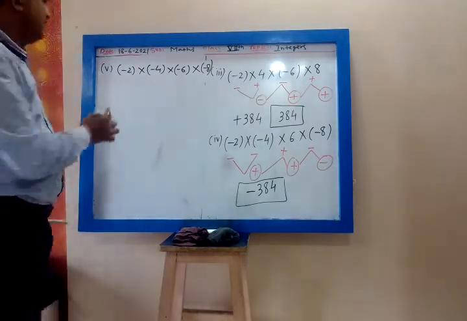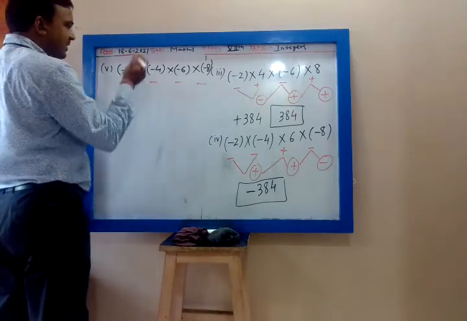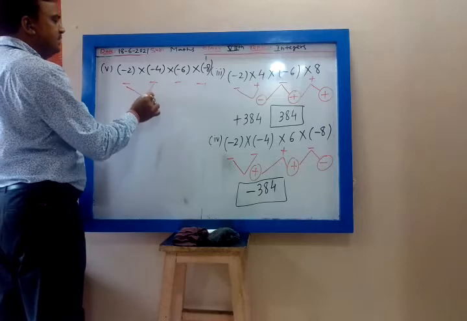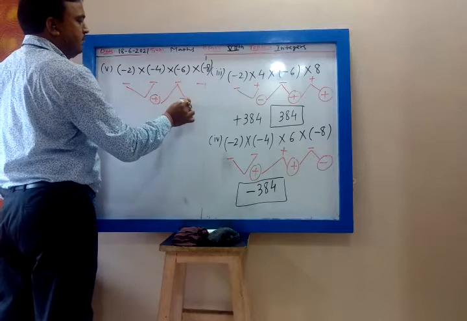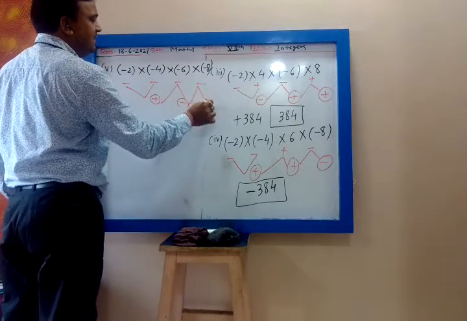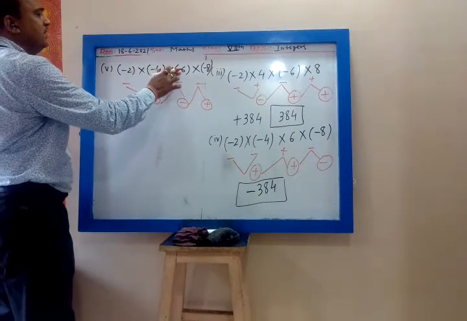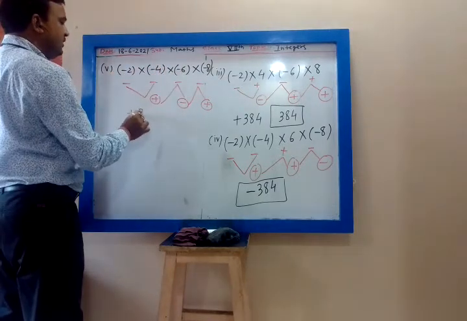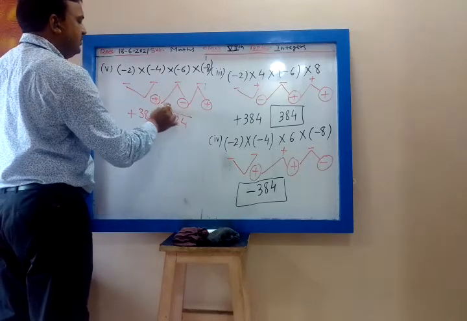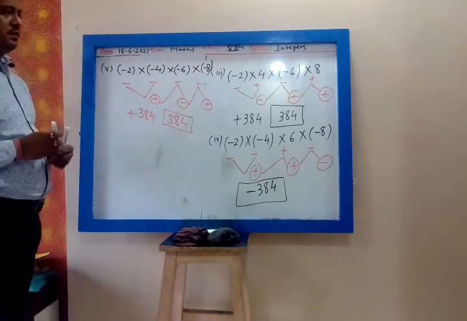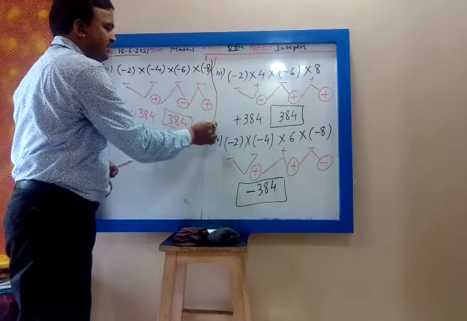Let me explain. This is minus sign, minus 6, minus 8. Let us multiply. Minus into minus, plus. Plus into minus, minus. Minus into minus will be plus. So final sign will be plus. Then multiply the numbers. 2 4s are 8, 8 6s are 48, 48 8s are 384. So the answer is plus 384. We write simply 384; the plus sign we don't show. Is it clear? In this type of problem, you have to multiply the sign first.